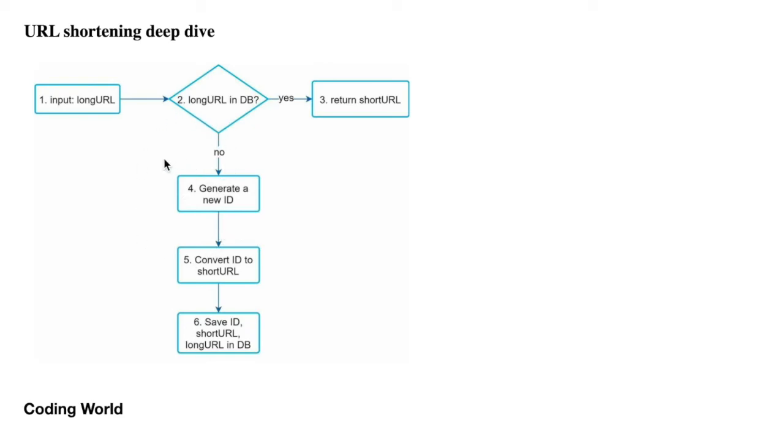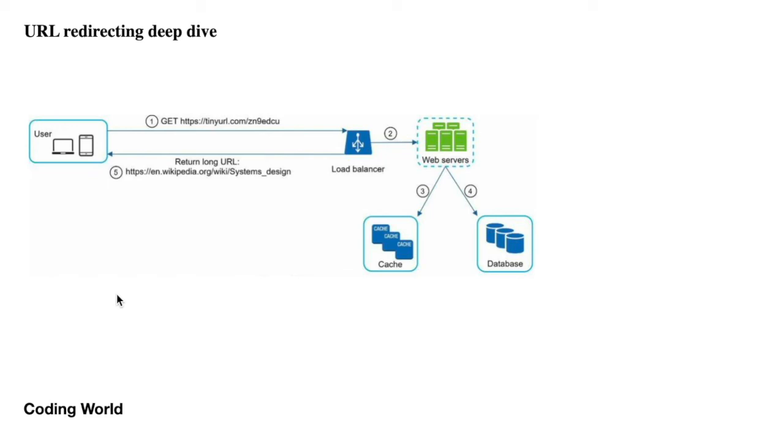Okay, this is a flow chart of how each piece in this tiny URL works. I have given a link of how to create a unique ID in the card. You can see it at the right. So before jumping into this video, you can visit that video also, so you will get a better idea about how to generate a unique ID. Okay, so we have created the short URL from the long URL, and now we will jump to how the redirecting will work.